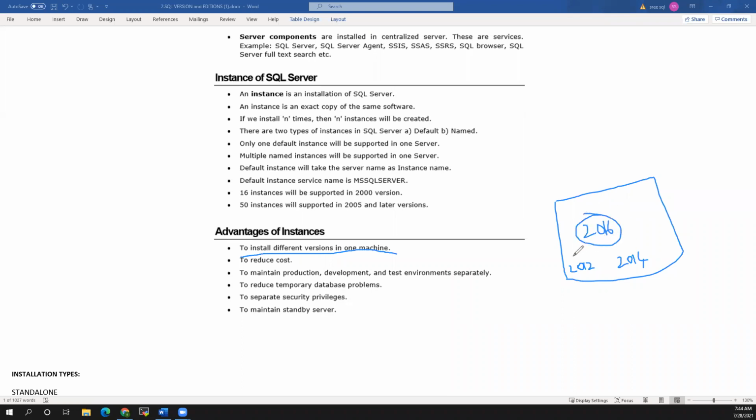You can install different instances on one box for testing purposes or anything. You can do it to reduce the cost, to maintain production, development and test environments separately on one server. Database problem, security privilege, standby. These are the main things in an instance.